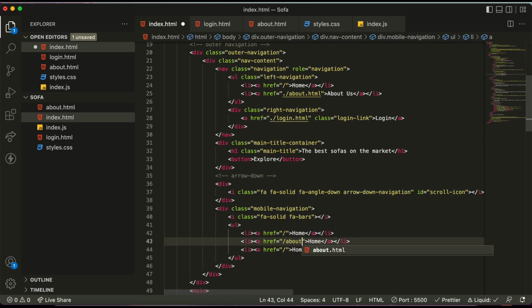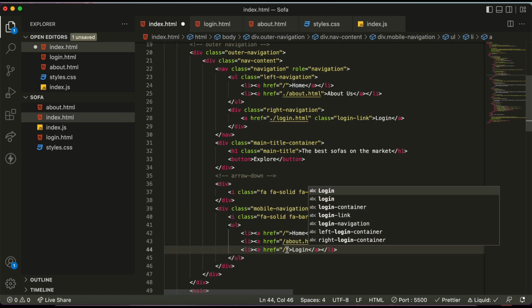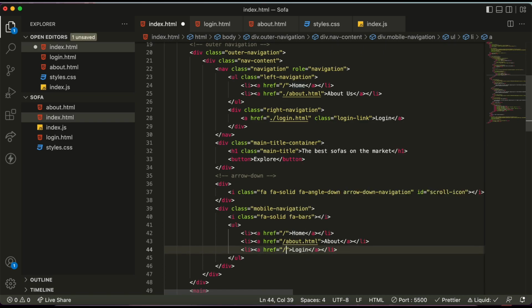You can have about, this will replace the desktop navigation. Login. So login, and the class of login link,